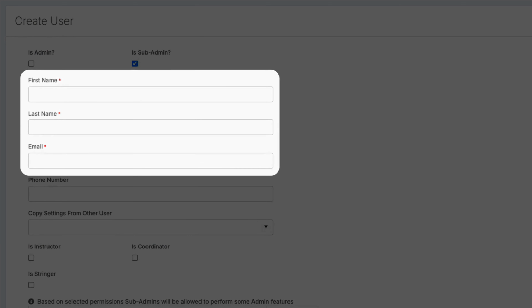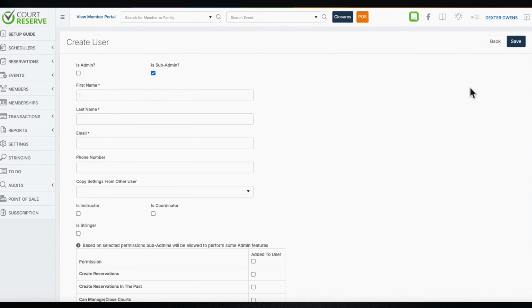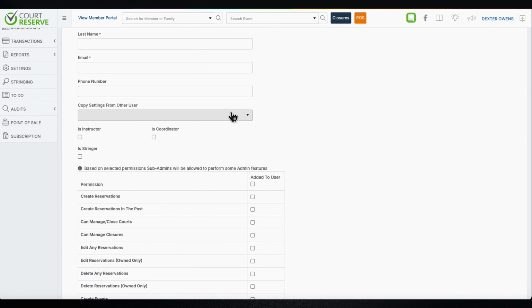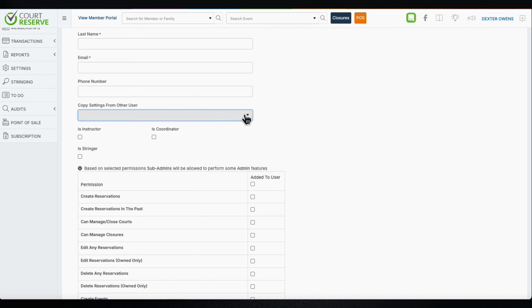Next, fill out the name and email. The phone number is optional. You can also save time by clicking Copy settings from other users. If you already have a sub-admin with the same permissions, simply select that user here, then scroll up or down to the Save option. You can choose to create this sub-admin as an instructor or as a coordinator, depending on